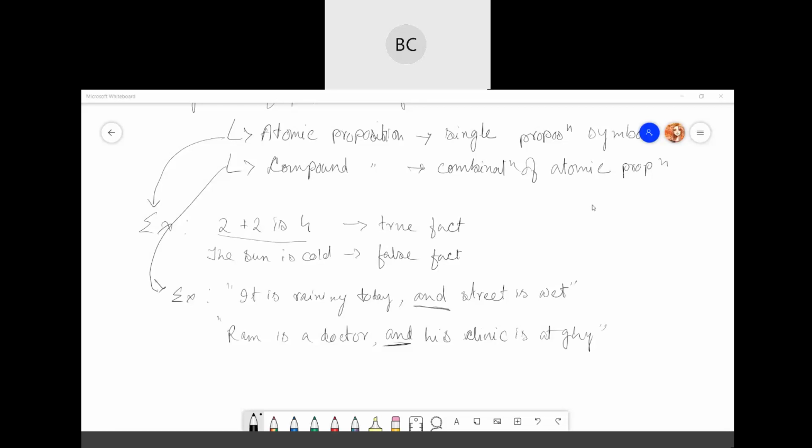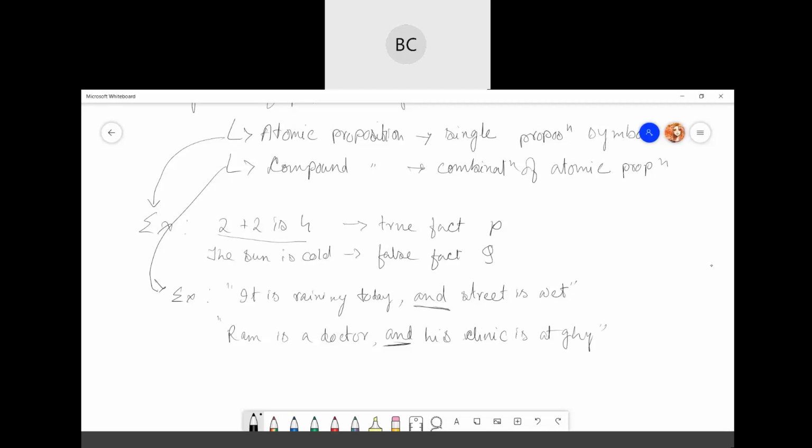Because I said you can represent the logic with the help of symbols. This is a particular statement, so you can say this is just P and this is just Q. This is the syntax.